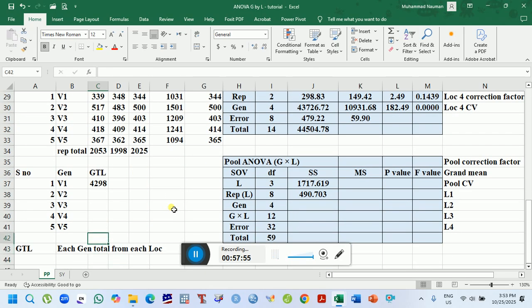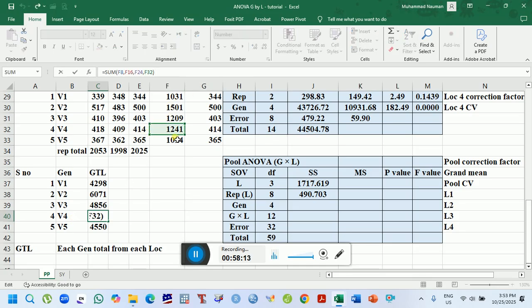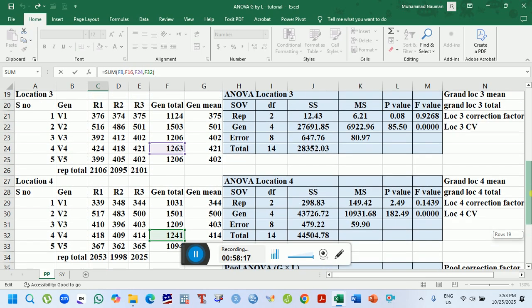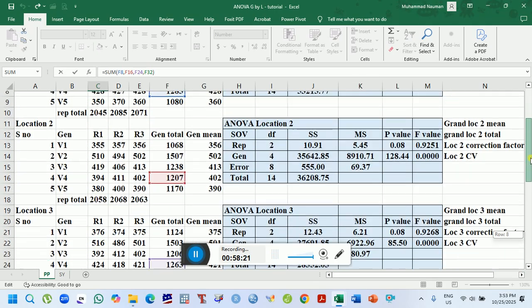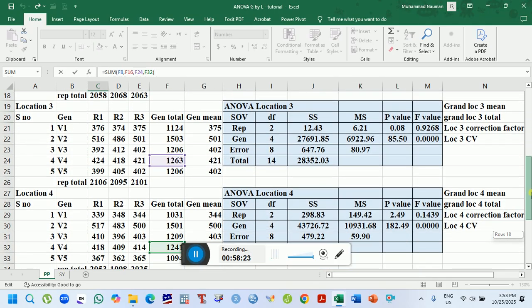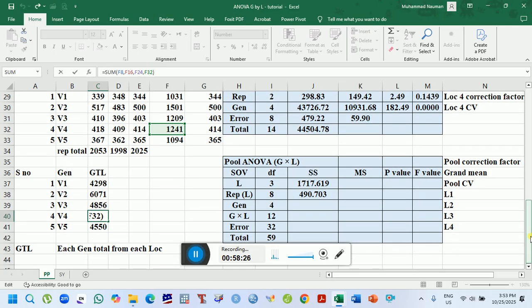and drag this down towards variety 5. It will calculate each total accordingly. You can check it by selecting the V4 and then the formula bar. You can see it made this selection automatically because we did not put the dollar sign to fix the cell. Okay, press enter.